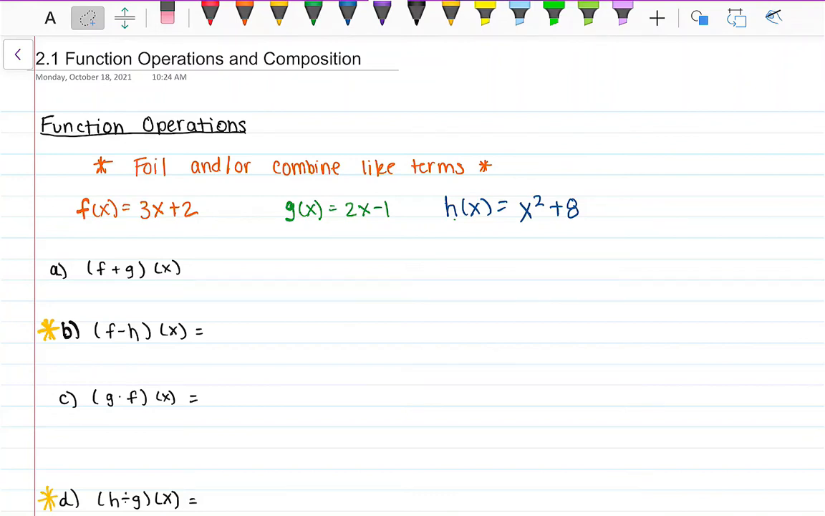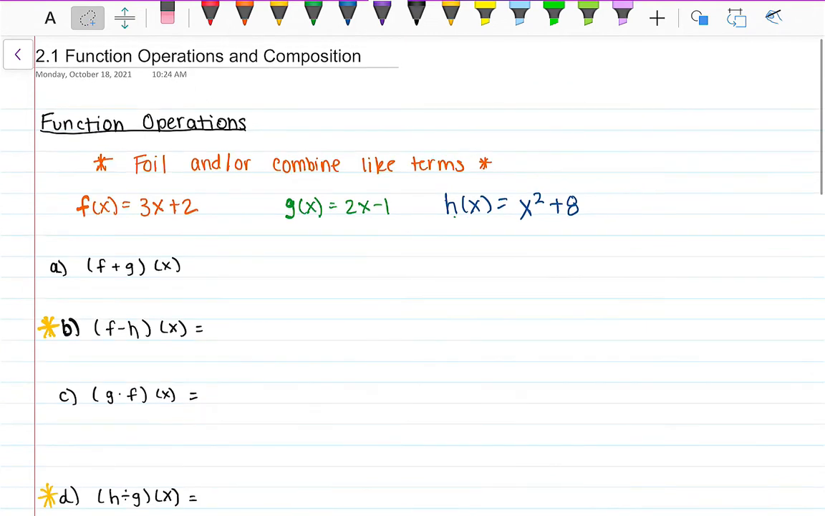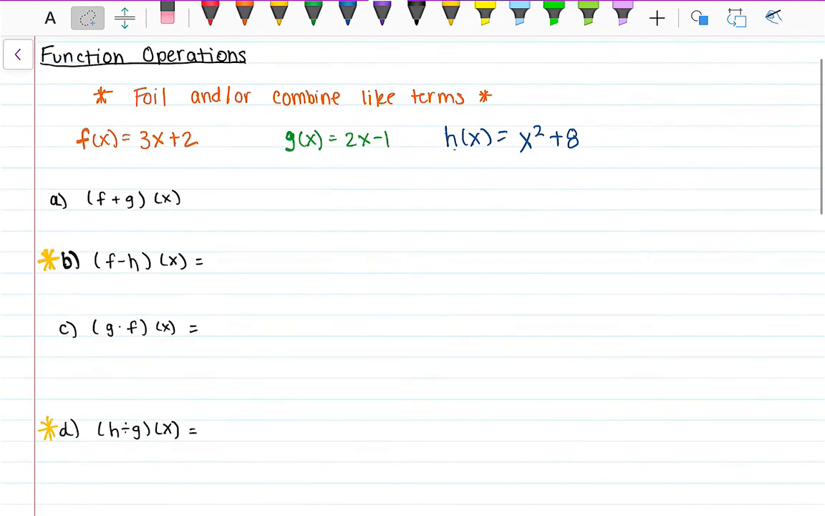Hey everyone, so we are starting a new unit. We're going to start with function, operations, and compositions. First, we're going to look at operations and then later look at compositions because operations is a little easier than compositions. So, with function operations, all we're basically doing is if we're multiplying, we're foiling, and then with all